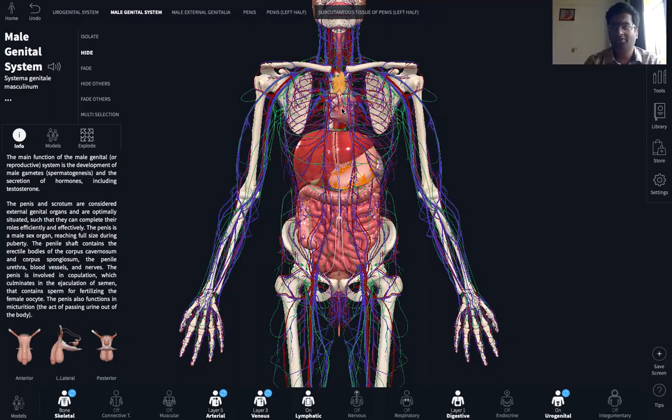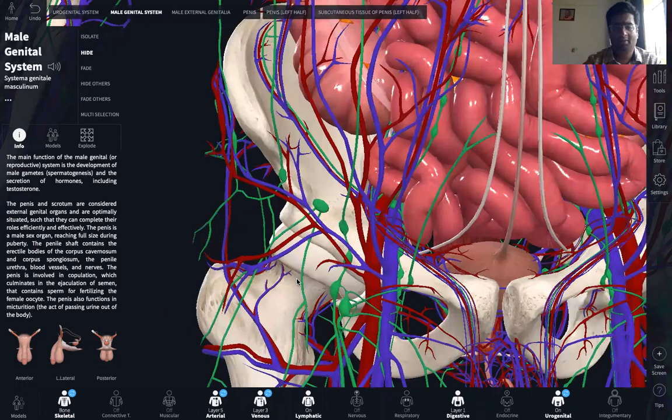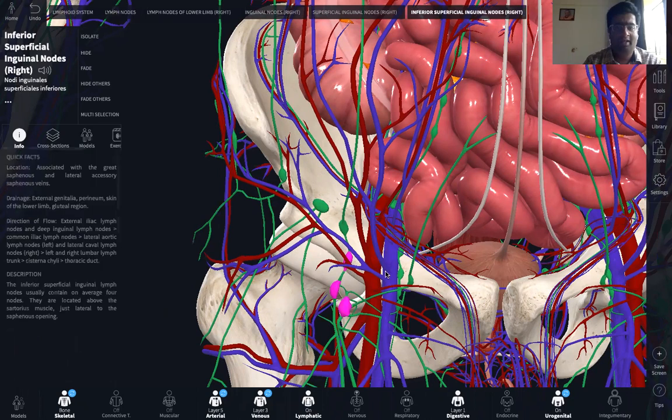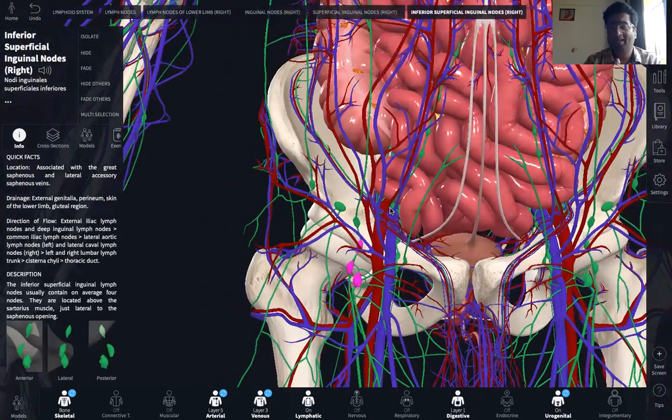So whatever toxins or pathogens that may be present in the tissue fluid and have entered in along with that tissue fluid into the lymphatic circulation, those toxins will be filtered by these lymph nodes. So you can see here, I'm selecting one of the lymph nodes. Now lymph nodes are usually present in a very high concentration in specific parts of the body, such as in the groin, in the armpit, in the neck region, around the abdominal region, because these are all the possible entry points for the pathogens to enter into our body.